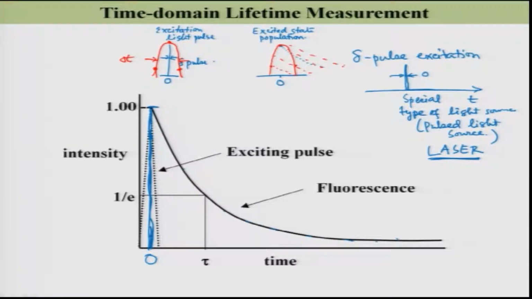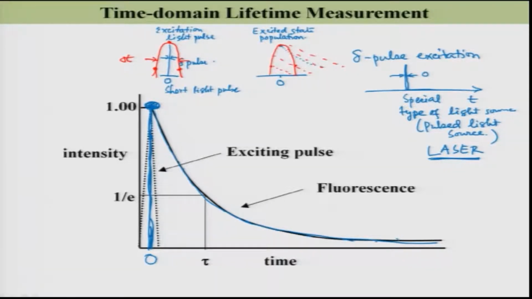Okay, so as you have understood, what I need is a very short light pulse like this. Once you excite, you get this excited state population, whatever the population, I have just normalized to 1. Then I will monitor how the population will decay like this, and that is it. If I know this, then I will be able to calculate the fluorescence lifetime, because I know fluorescence